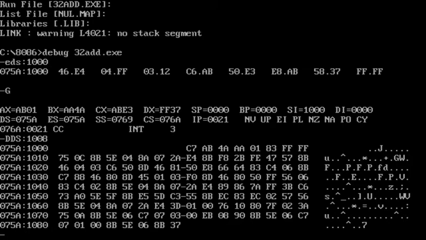That is actually AA 4A AB C7 with carry 01. So this is the addition of two 32-bit numbers.